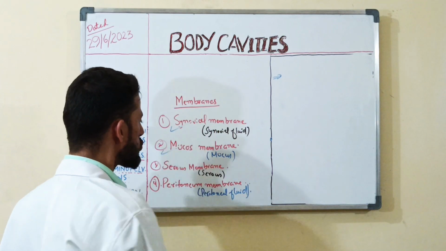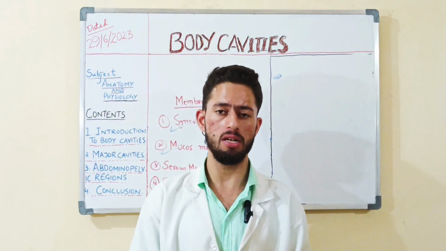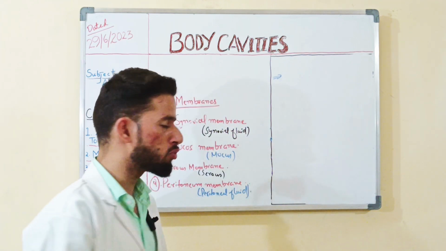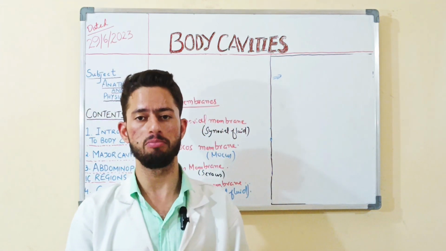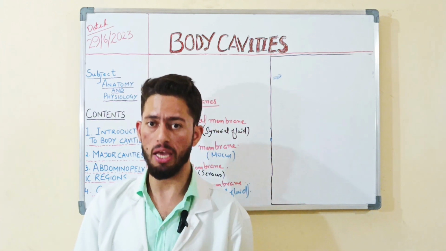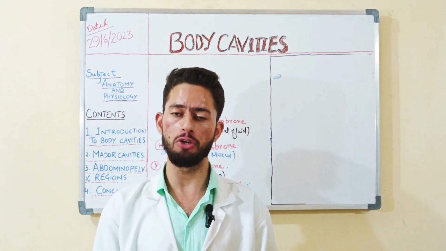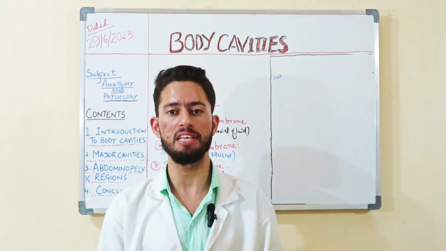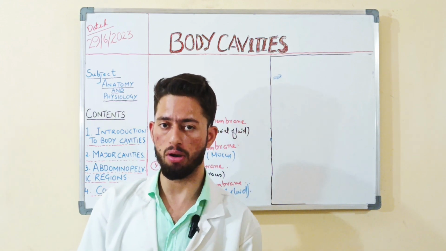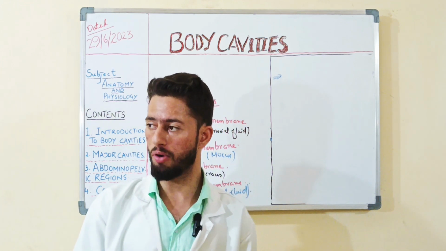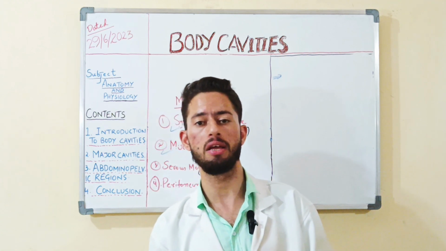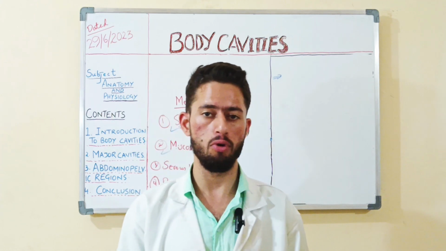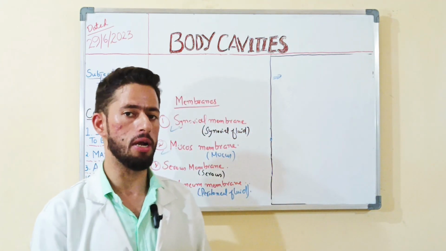Next one is the mucous membrane. Mucous membrane mainly lines the gastrointestinal system and also the respiratory system. There is the presence of mucus. This is mainly made up of connective tissue, and deep in the connective tissue there are goblet cells. These goblet cells have various functions. For example, they identify microorganisms, provide an antimicrobial effect, and try to kill the microorganisms, in order to maintain the normal functioning of your respiratory system as well as your gastrointestinal system.